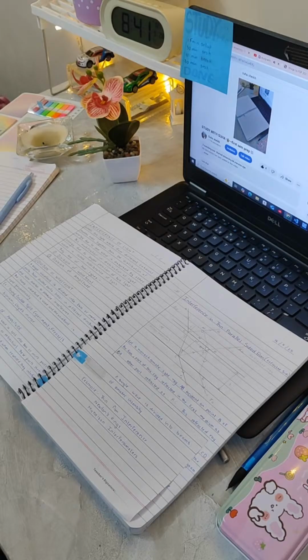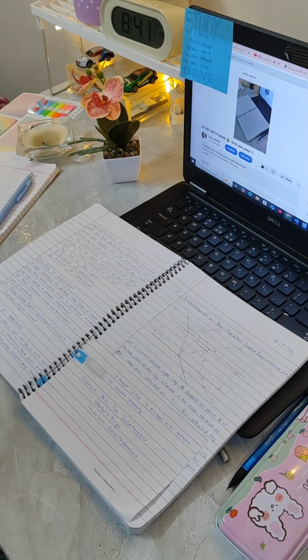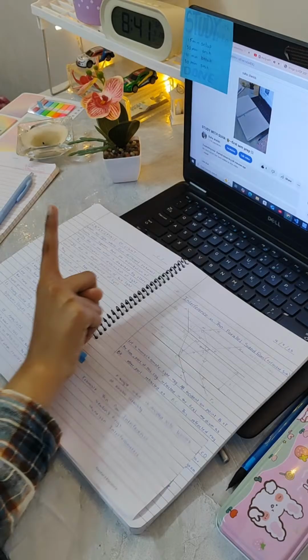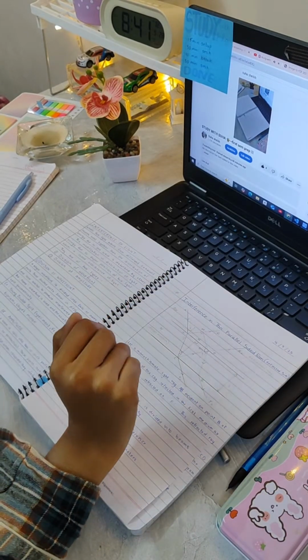The modification and distribution of light energy due to superposition of two light waves is called interference of light. What is interference of light? The modification and disturbance of light due to superposition of two light waves is called interference of light. It can happen in two ways: division of wavefront and division of amplitude.